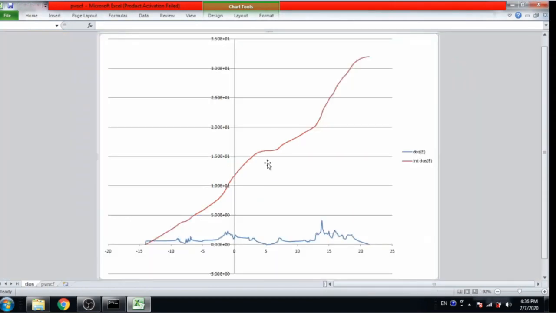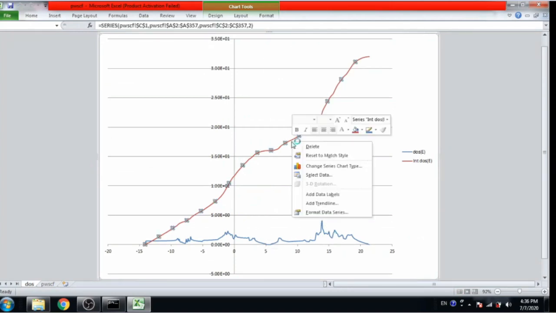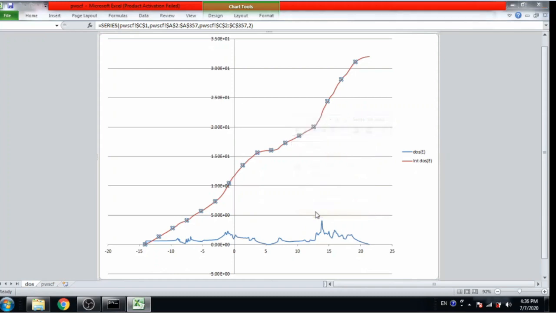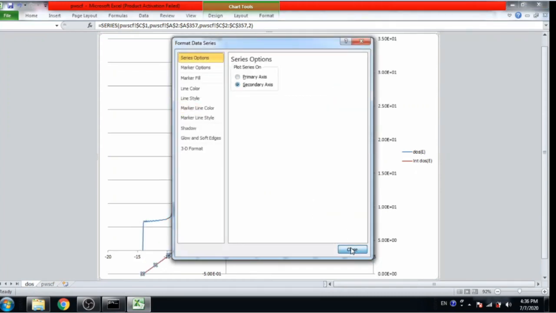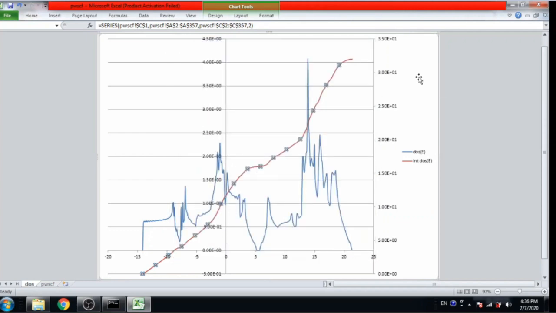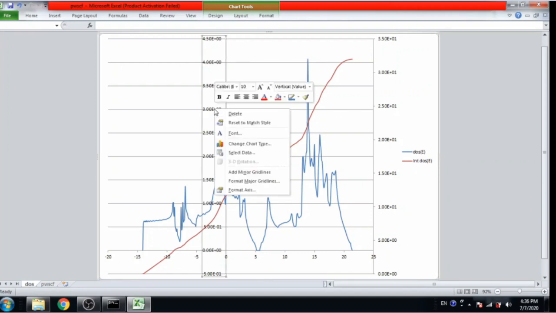Here is our chart, but it is not good. So first of all we choose this line and format data series, and assign it as a secondary series. So this is the integrated DOS line and this is the DOS line.